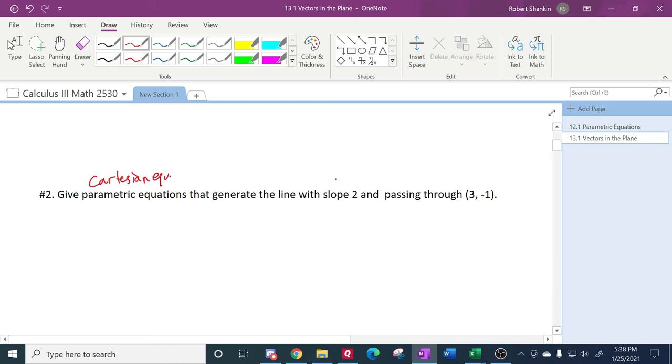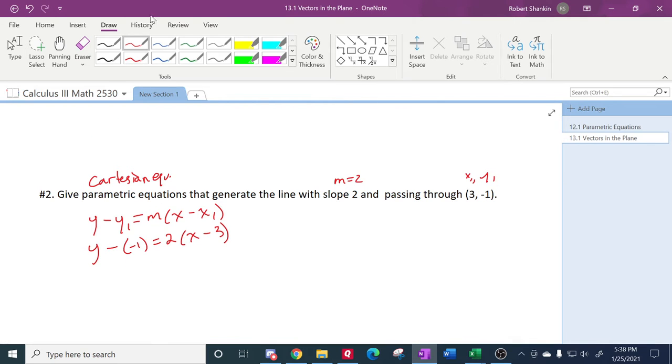We'd know that this is our m, and this is x1, y1, and we would go y minus y1 equals m times x minus x1, so it would be y minus negative 1 equals 2 times x minus 3. And then we just simplify that and we have our equation in Cartesian coordinates. But when we are in parametric,